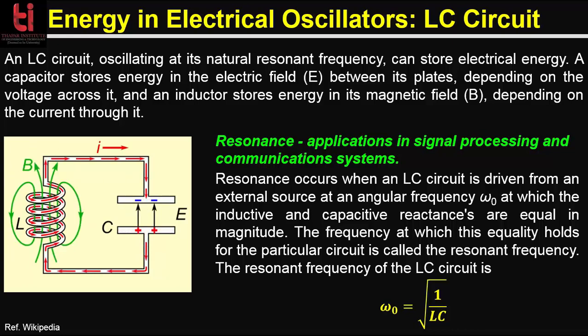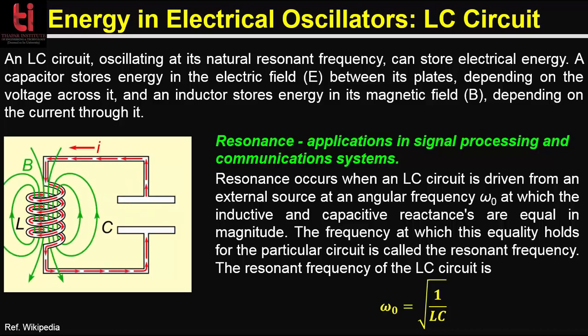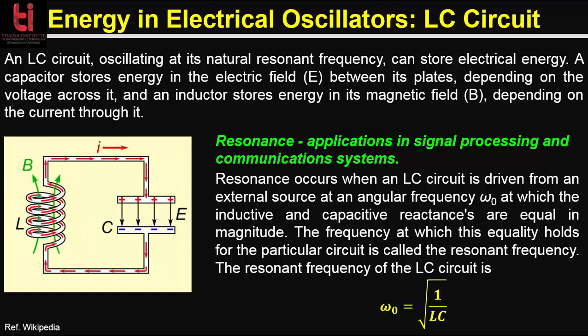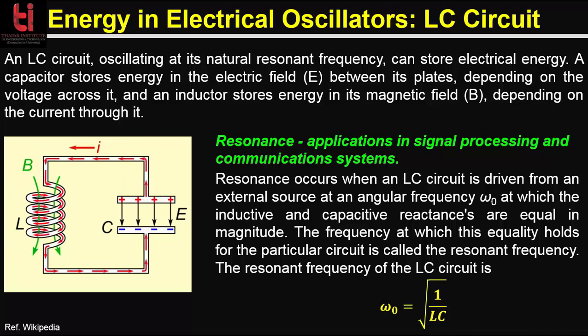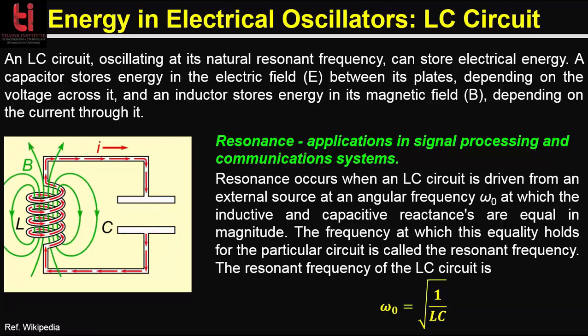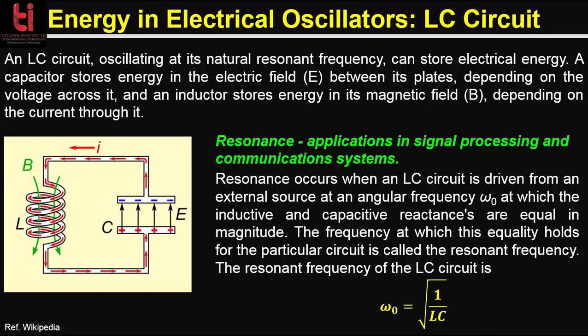When the magnetic field is completely dissipated, the current will stop and the charge will again be stored in the capacitor, with of course the opposite polarity as before. Then the cycle will begin again with the current flowing in the opposite direction through the inductor. The charge flows back and forth between the plates of the capacitor through the inductor. The energy oscillates back and forth between the capacitor and the inductor until internal resistance makes the oscillations die out. The tuned circuit's action, known mathematically as a harmonic oscillator, is similar to a mechanical harmonic oscillator. For instance, you can think about a pendulum swinging back and forth.